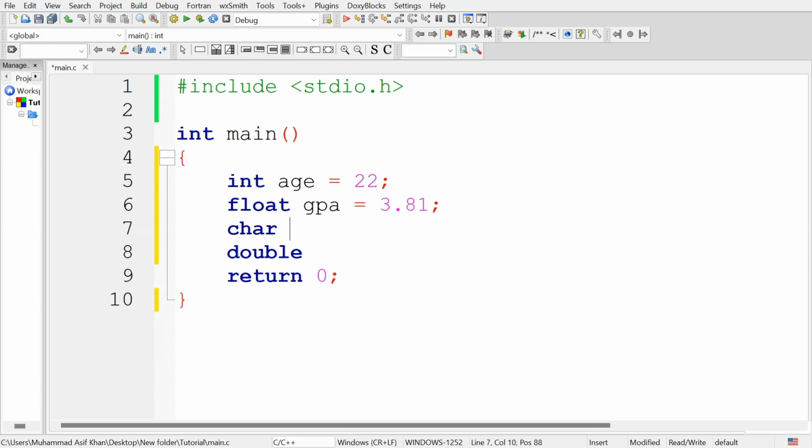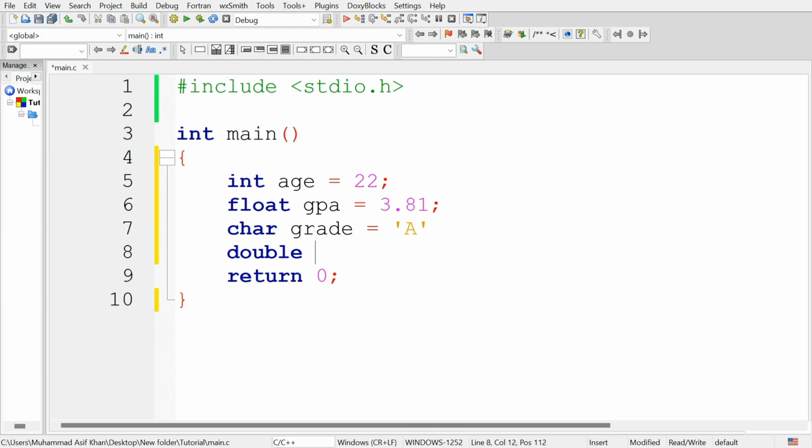After this, I am going to create a variable of data type char, that you can say grade, and that is 'A'. You can see integer and float values are directly placed, and the character is enclosed in single quotation marks.